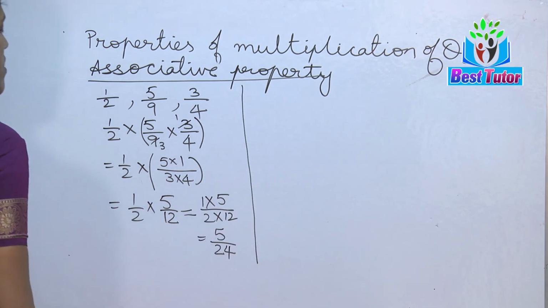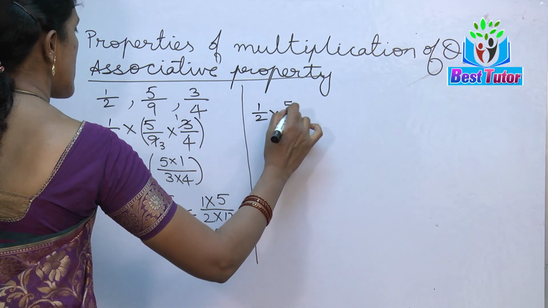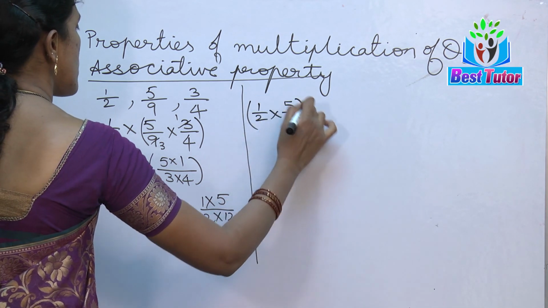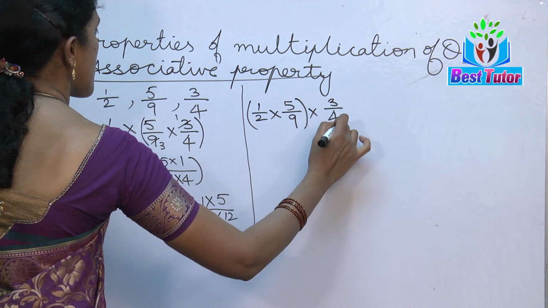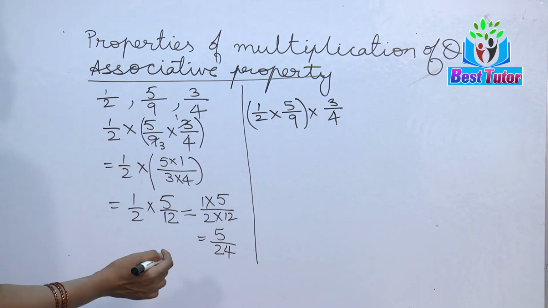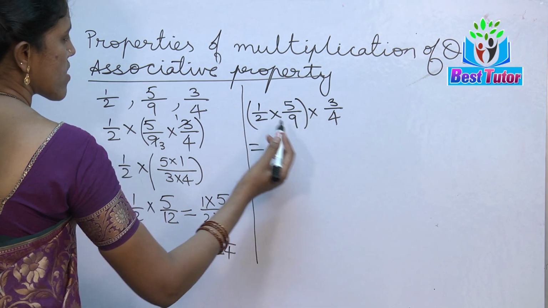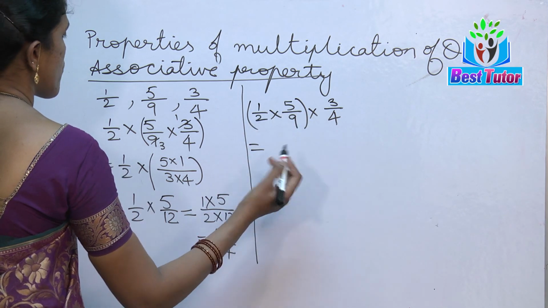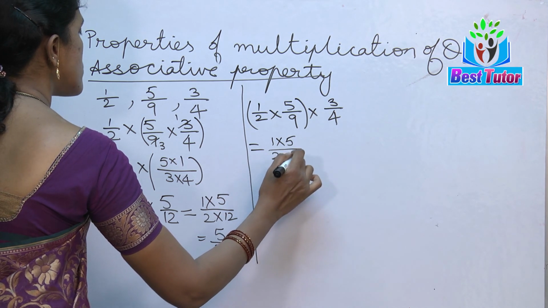Right. This is one way. What if I change their order? If I change the grouping, I group 1 by 2 and 5 by 9. I find their product and I'll multiply the result with 3 by 4. Let me see if I am going to get the same answer or not. Are there any common factors here? 1, 9, 2, 5? No way. So we directly multiply 1 into 5 by 2 into 9